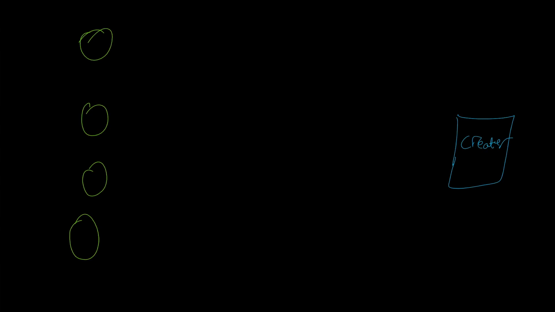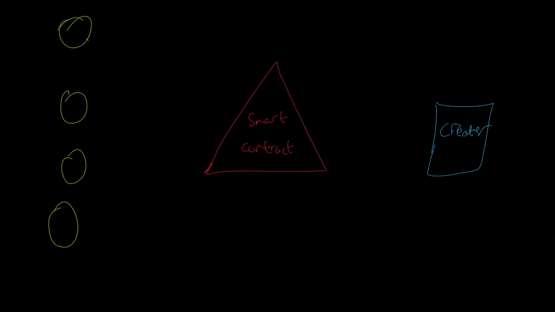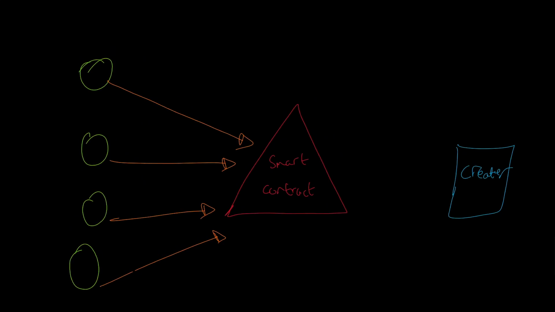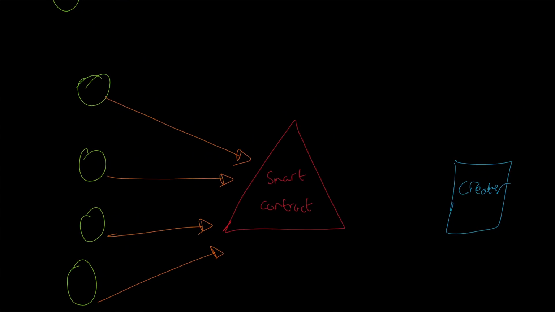Instead of having a triangle here, this is going to be the smart contract. So this isn't an individual or a group of people. This is a smart contract where the money gets transferred to it. It could be anything really. It could be money, it could be physical items, it could be intellectual property. It doesn't really matter. And this smart contract